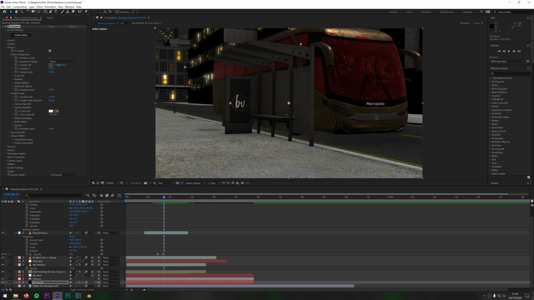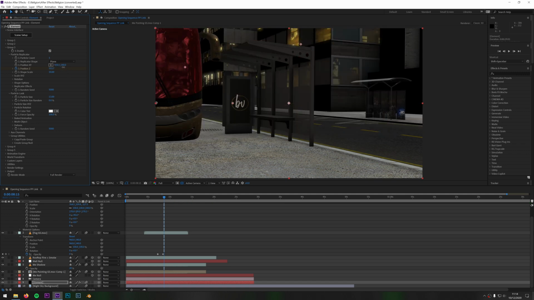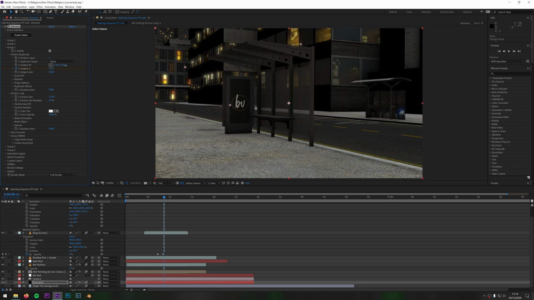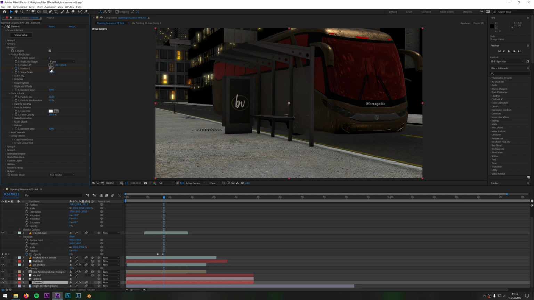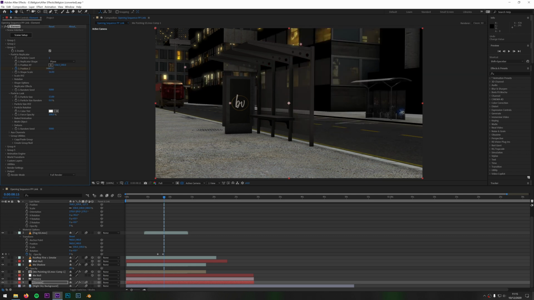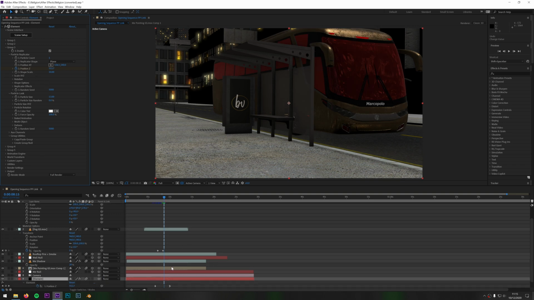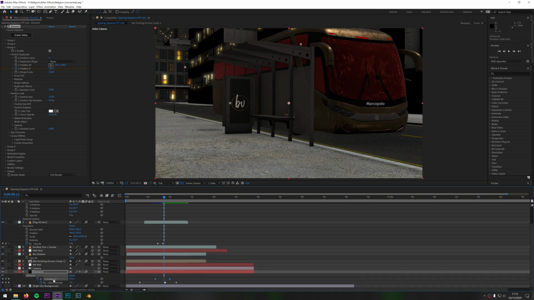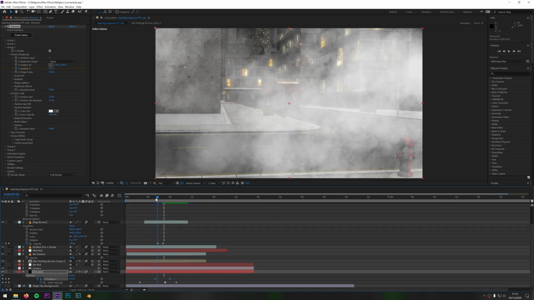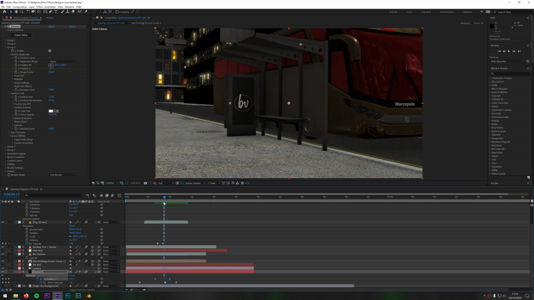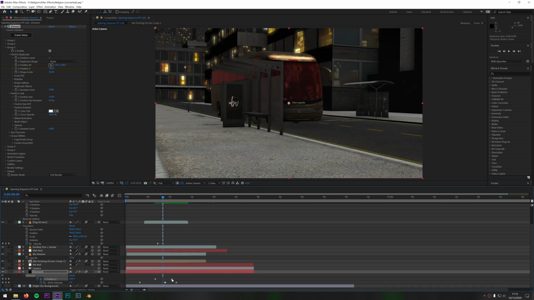So if I was to move this up, for instance, or across, you can see the bus is moving this way, and if I move this one, which is the Y, the bus is moving up and down. This one here is just the Z, and it's just moving the bus backwards and forwards. So all I did is, if I come into this, we hit U, we can see those keyframes here. Z position, there to there, you can see there is just some keyframes of it moving, and then it just eases in. If I was to move this keyframe, you can see the bus is going to move because it's going to be slowing down the animation going this way, or speeding up the animation going this way.